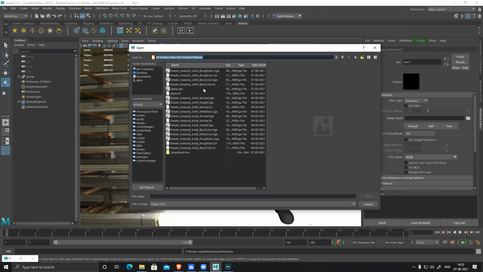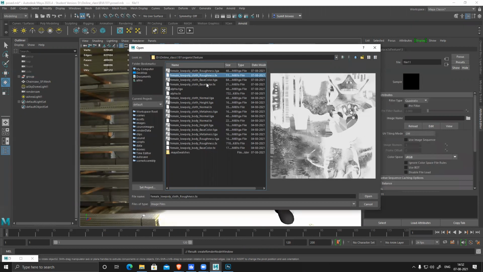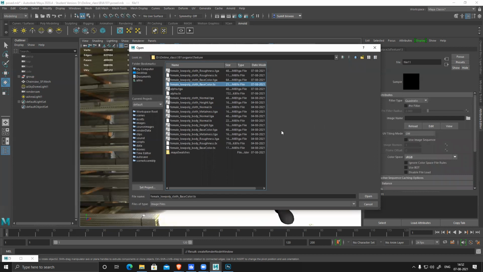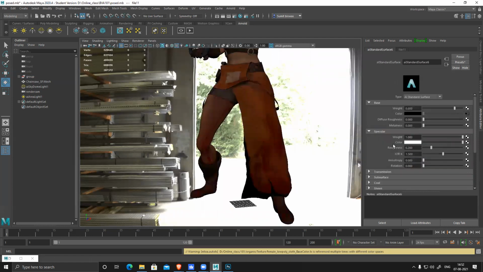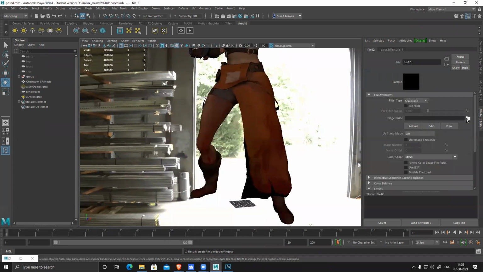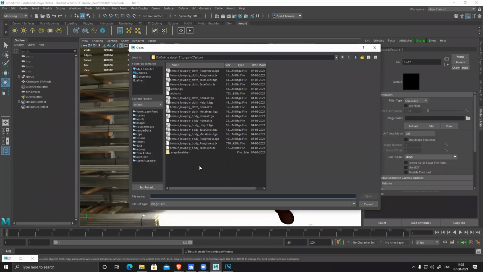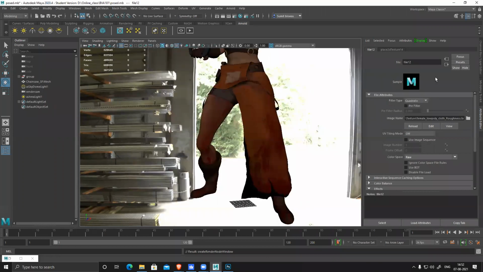Just copy. Cloth base color. Roughness. Oh, and for diffuse I have sulfur, right?